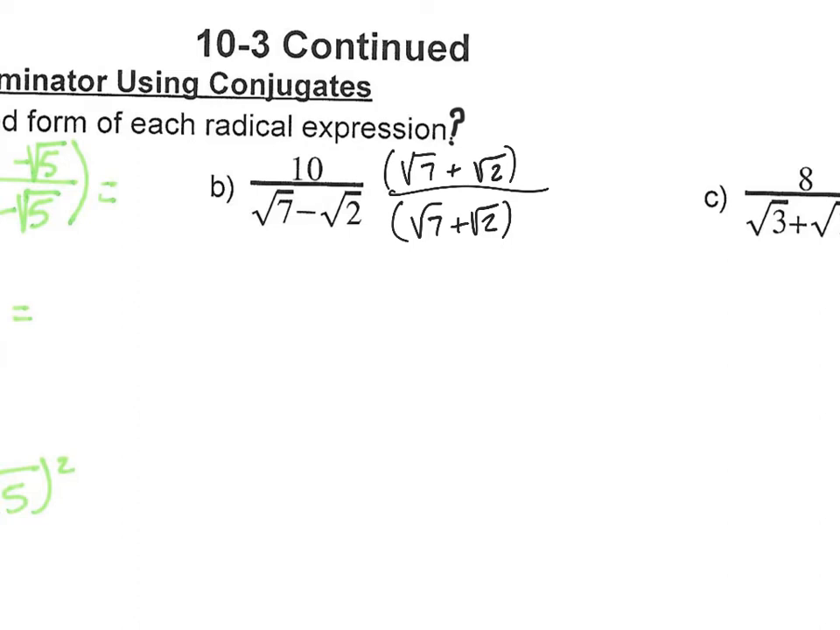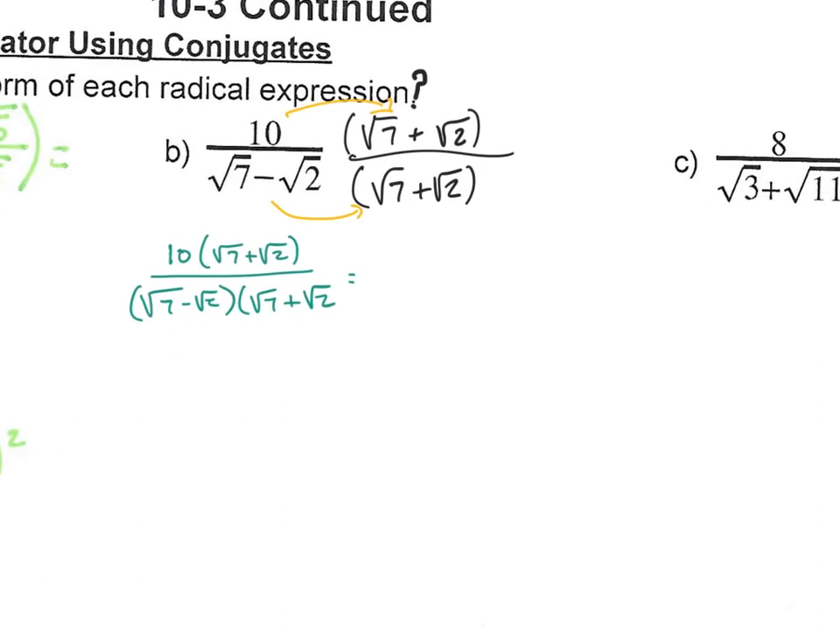So when I do this, I know that I'm going to distribute everything in the numerator and everything in the denominator. So I end up with 10 times the square root of 7 plus the square root of 2 over the square root of 7 minus the square root of 2 times the square root of 7 plus the square root of 2. When I go to multiply that out, I'm going to get 10 square root of 7 plus 10 square root of 2 over,